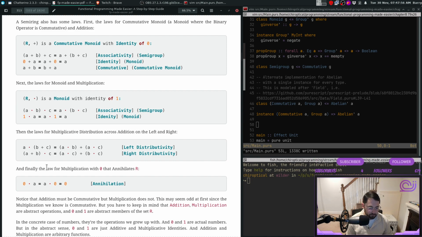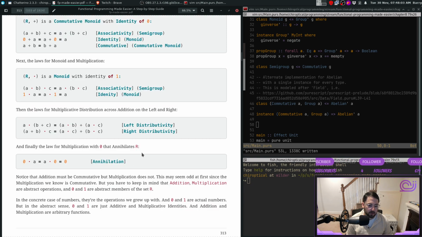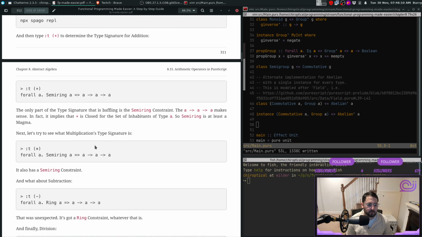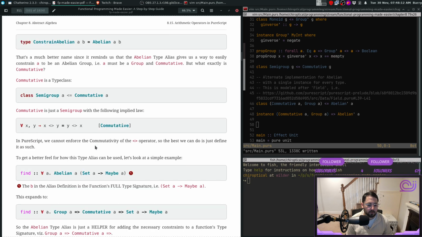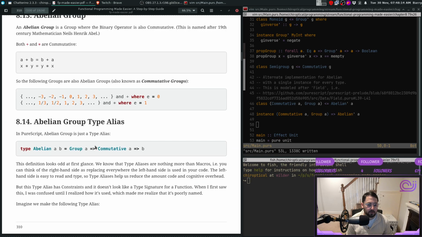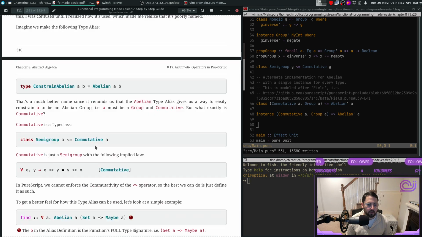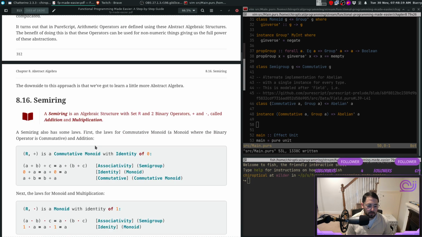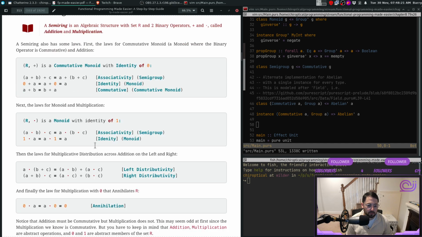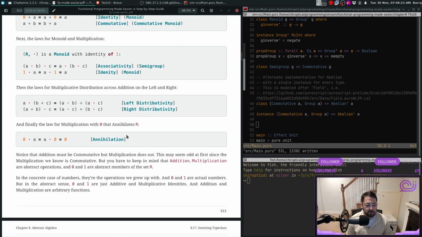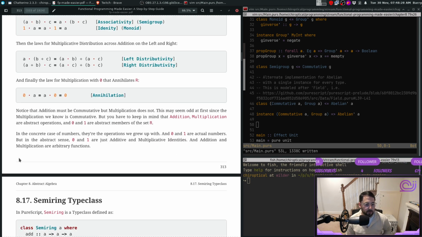Mm-hmm. And finally, the law for multiplication with 0 that annihilates R. So this has a name, doesn't it? This last one. What was it called? A group? Doesn't this make it a group? I think. Okay. Anyway,